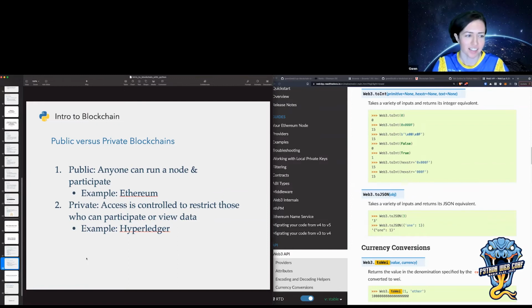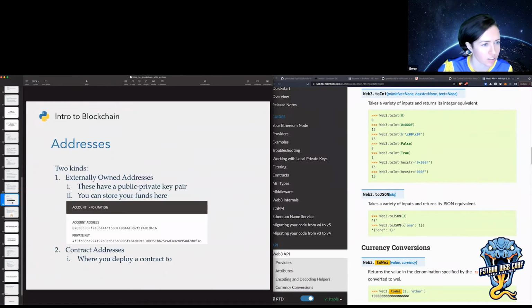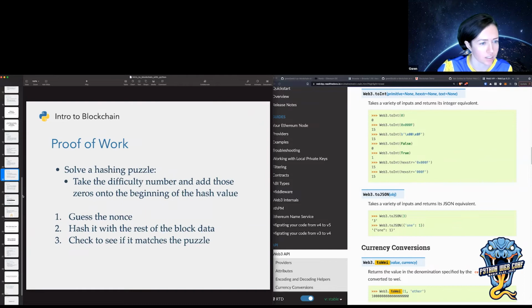Yeah, so mining is a little bit complicated to explain. Let me go back to here. So mining, basically, in order to make the blockchain secure, this was the security solution of original blockchains like Bitcoin and Ethereum.